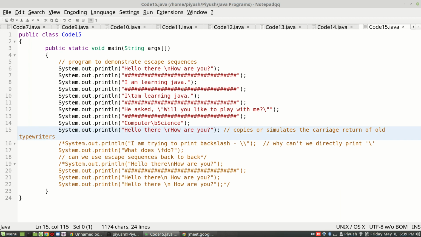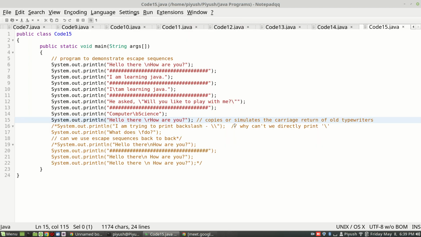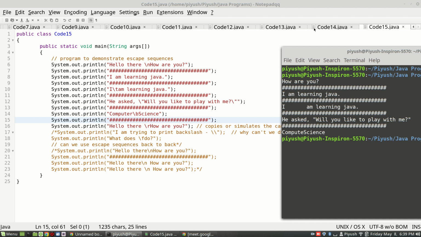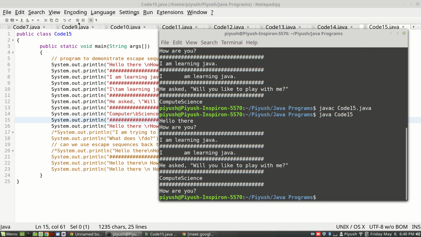Okay, fine. So this is clear. I'll just put a separator so that the outputs don't get mixed. Okay, so if I execute it again, you will see both the things properly. Okay, so first line \n activity is also here, and \r is also here, in which case it is deleting whatever was found before it.